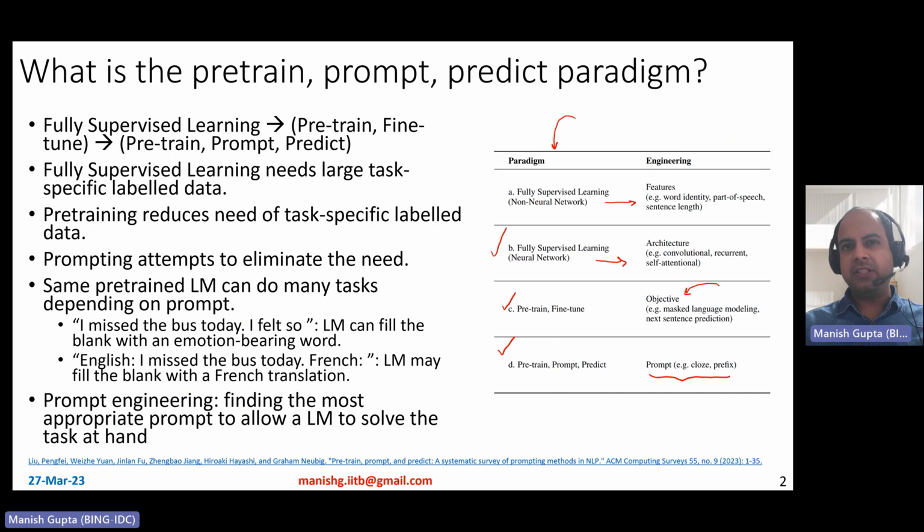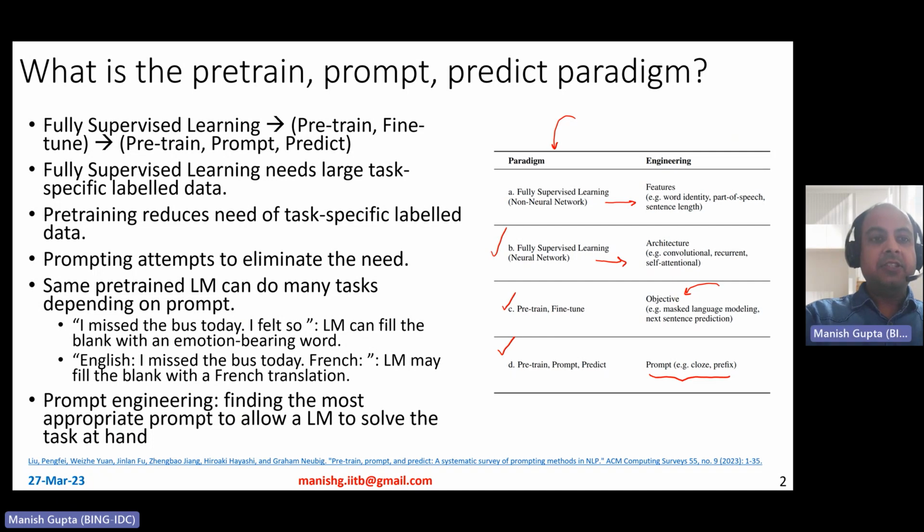And prompting is not just new in terms of ChatGPT. Well, prompting has been around for quite some time. In fact, one of the first papers to bring in prompting was T5, where they basically said that, hey, I'll express every NLP task as a generative task. And a single model should be able to perform all different tasks if supplied by the appropriate prompt.